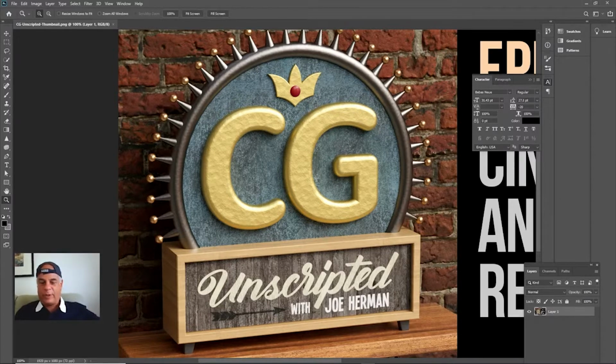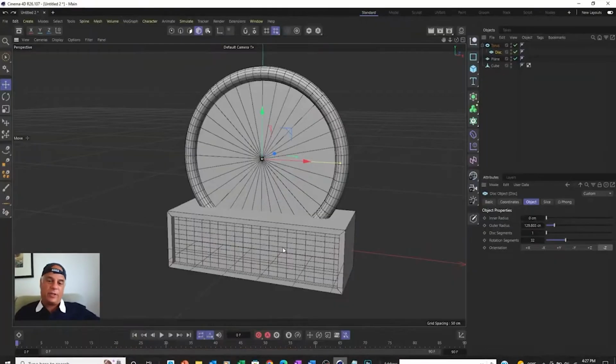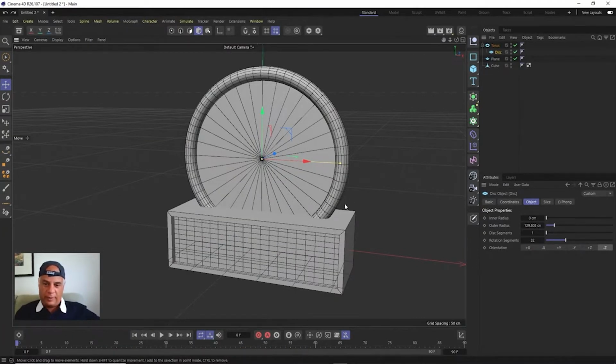Well, what we could do is make a little cone and then move it a little bit and rotate it, and then move it a little bit and rotate it and move it, and then forget it, that'll take us all day. Okay, so we don't want to do it like that. That's a lot of work for nothing. Okay, so what we want to do